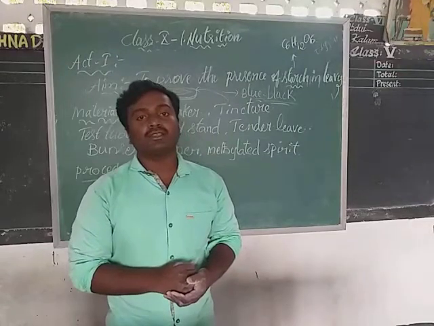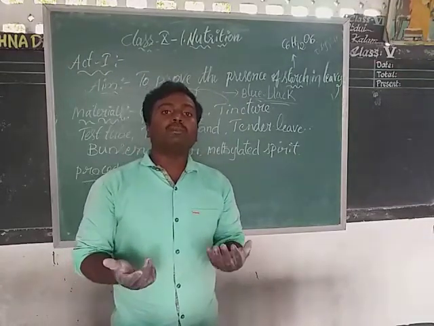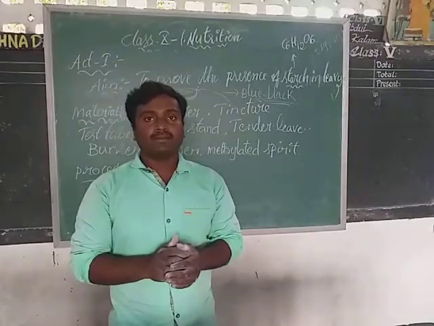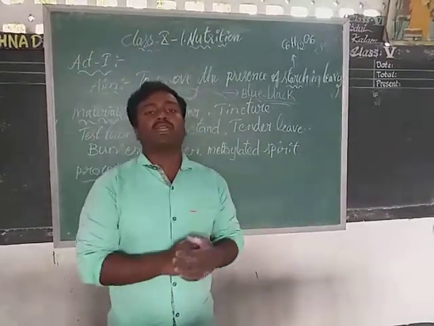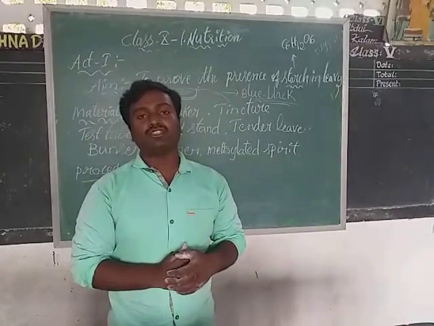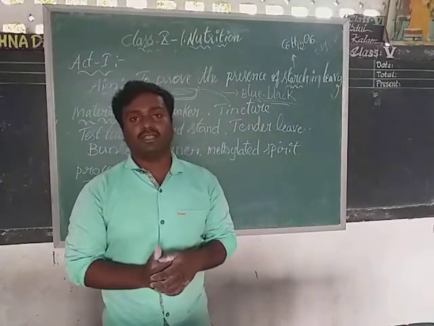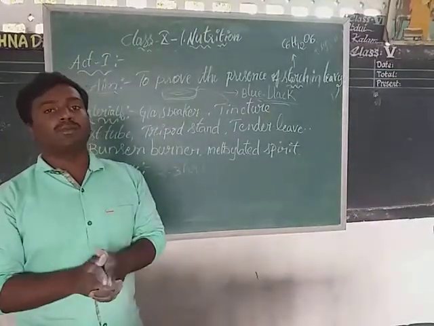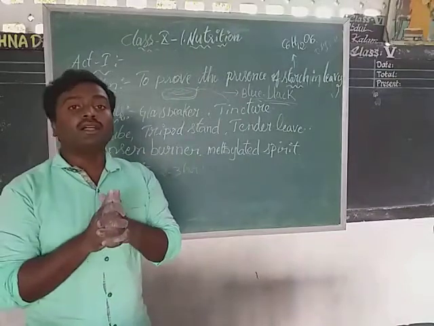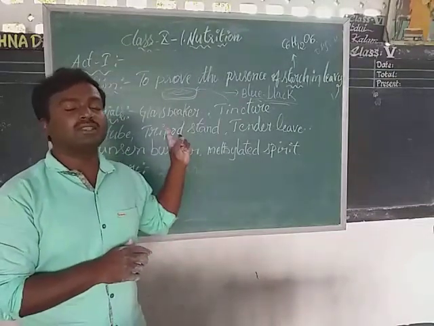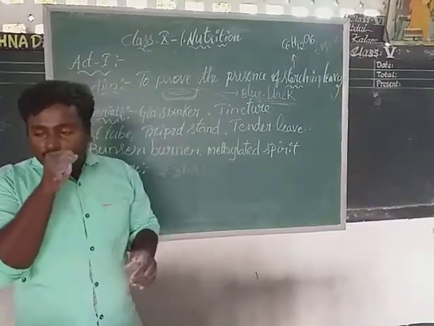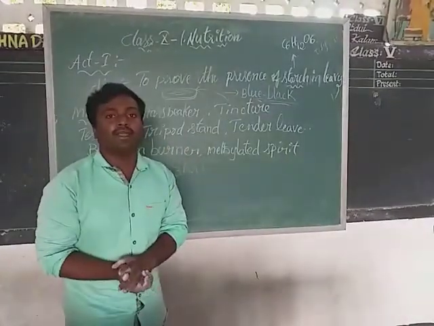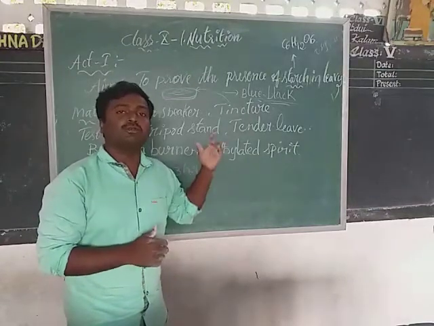Called starched plants. How can you prepare a de-starched plant? Simply by taking a potted plant and keeping it in a room for a week. Which room? A dark room for a week. Then it acts like which plant? A de-starched plant. If you perform the same activity with the de-starched plant, then what will happen? There is no chance to see any blue-black color.